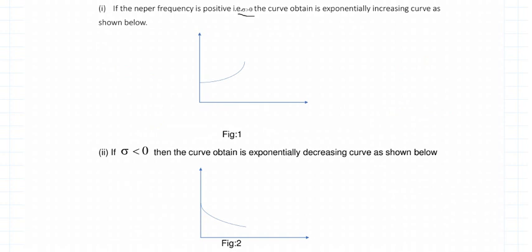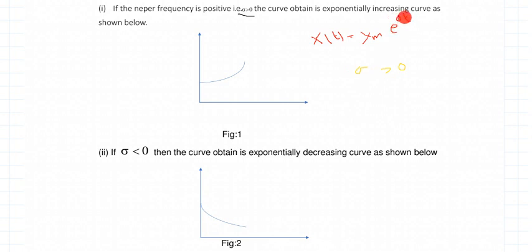What is my x(t) equation, friends? As just discussed, x(t) is equal to xm e raised to sigma t. This was what my x(t) was. Now the situation is that sigma is greater than 0. Just look at the exponential term here. There is an exponential term involved. Sigma greater than 0 means sigma is a positive term, some value which is positive.